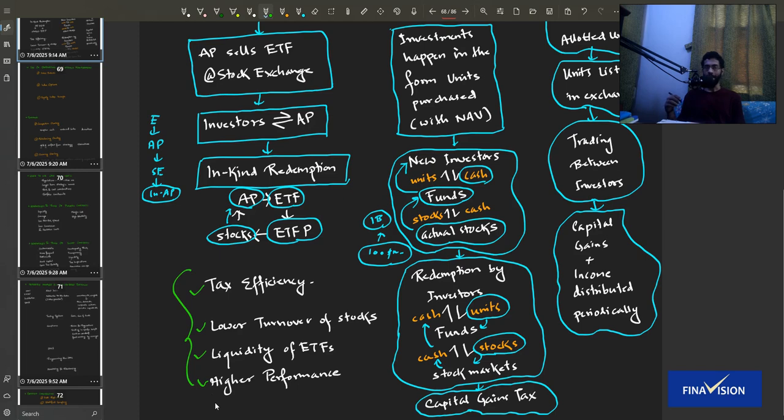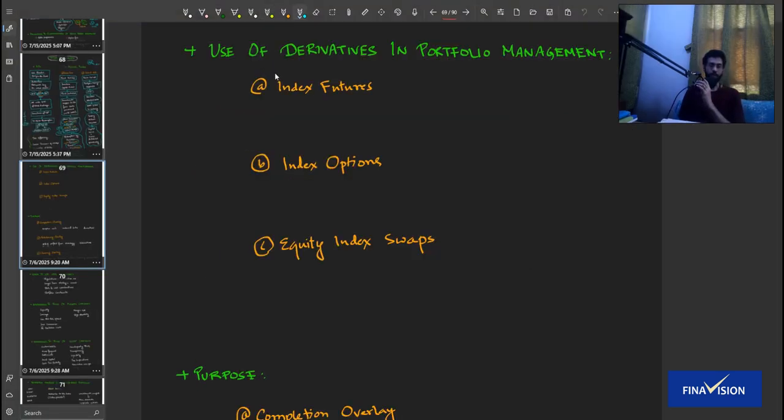Now let us move into the next section. Use of derivatives. So use of derivatives in portfolio management has certain advantages, friends. Firstly, without changing the basic structure or composition of the portfolio, certain overlays can be added which can actually result in the targeted constitution. So what we are trying to say is, let's say there is some proportion of bond or equity which is off the mark just a little bit, and the portfolio manager does not want to change